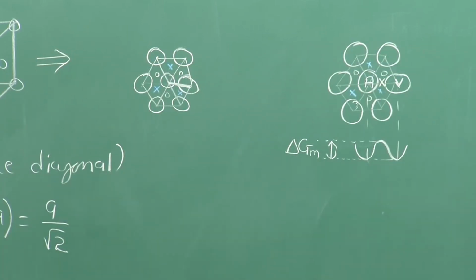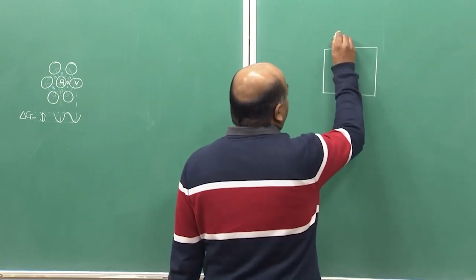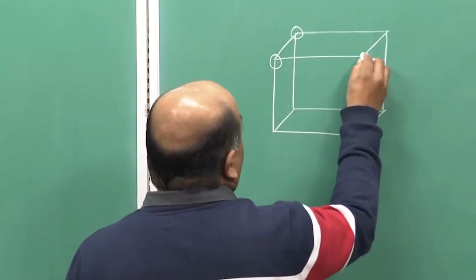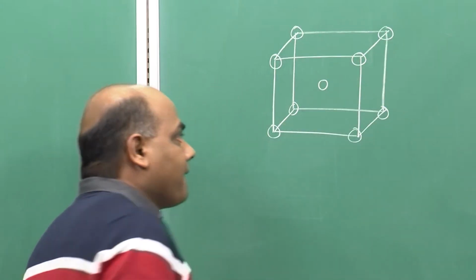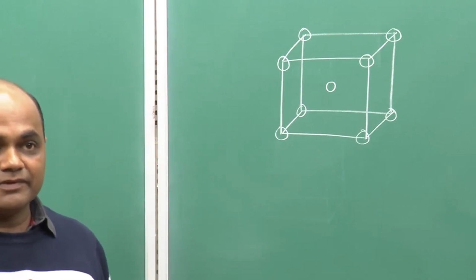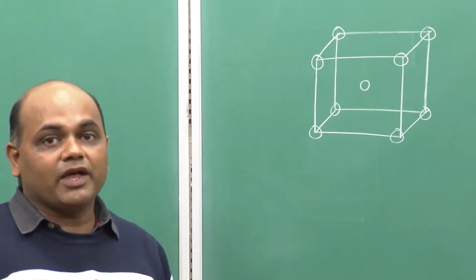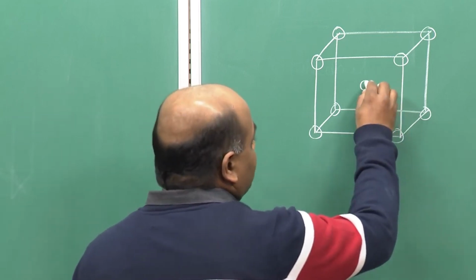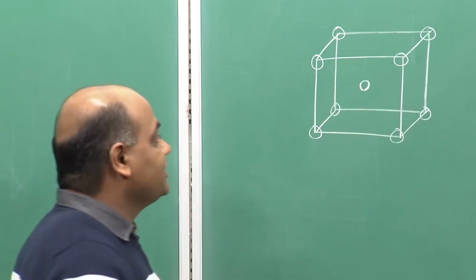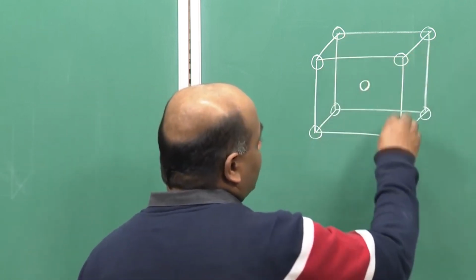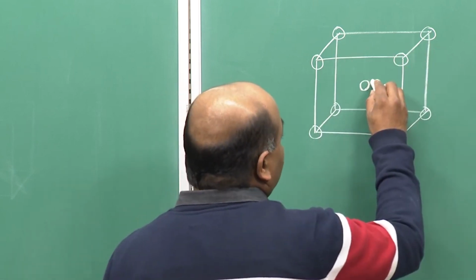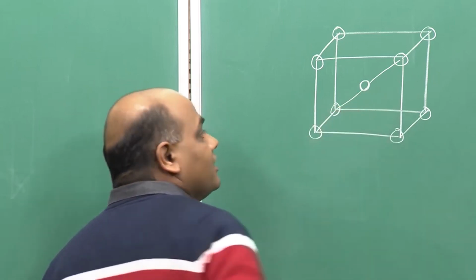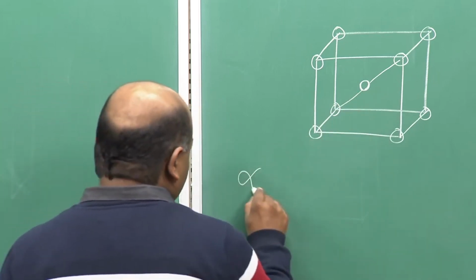Then in BCC, what would be the jump length? In BCC, there are 8 nearest neighbors to any particular regular atom position. So, to show the nearest neighbor, consider the body center atom, and all the 8 corner atoms are the nearest neighbors. So, the jump length is half the body diagonal, right. So, the jump length in BCC